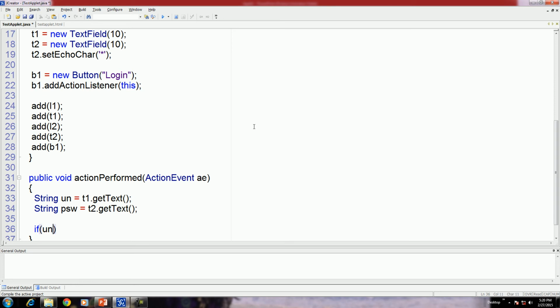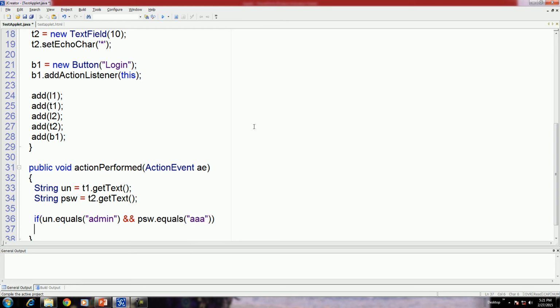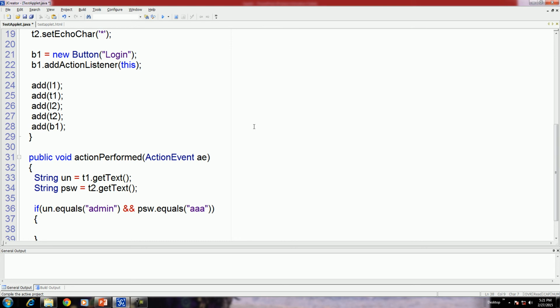Right here un dot equals, in brackets admin, and pw dot equals, in brackets admin, or suppose triple A. Then the applet has a status bar. Then on the status bar show a message.